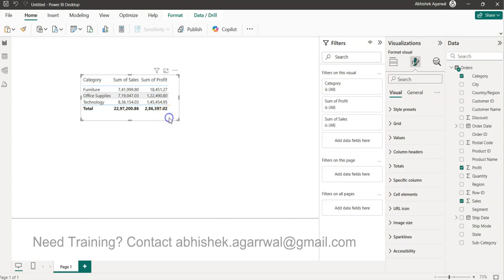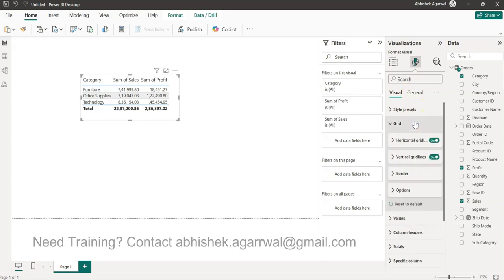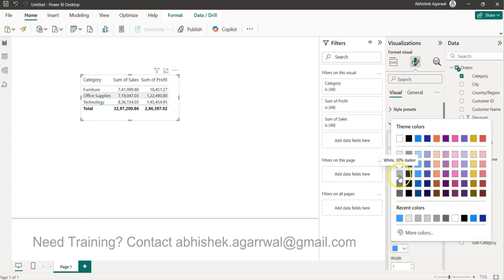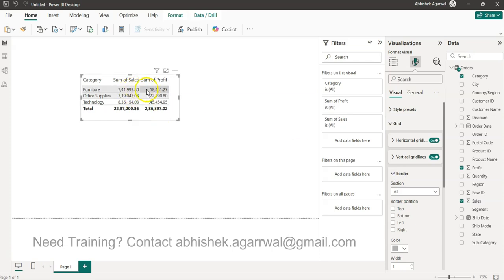Make sure this visual is selected, and then you can go over here to Format your visual. In this you will find the option of Grid. In this you have the Border. In the Border you have this Color. This color is something you can change to, let's say, gray, and you can see the line has now